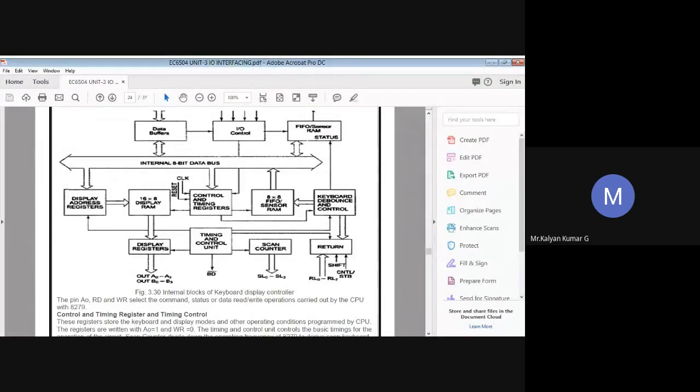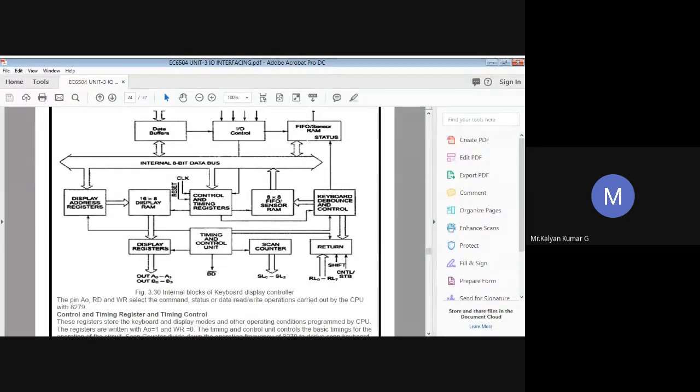And in the other two cases, when A0 is going to be 1 and read is 1 and write is 0. Whenever A0 is 1, what did we say? It's going to be a command word or status word. If it is either of these, it's not going to be data.